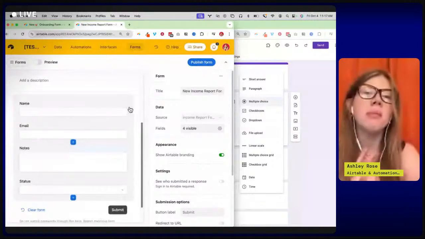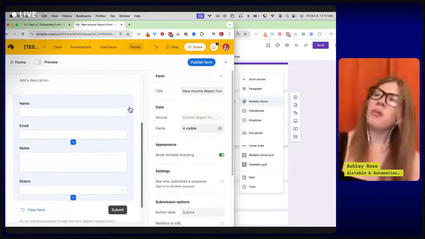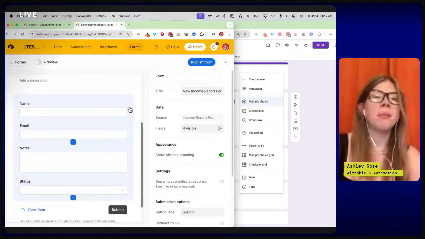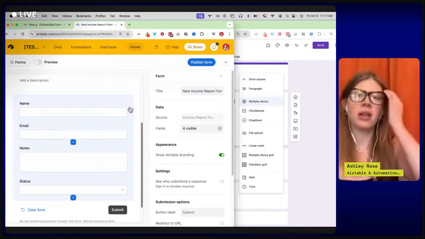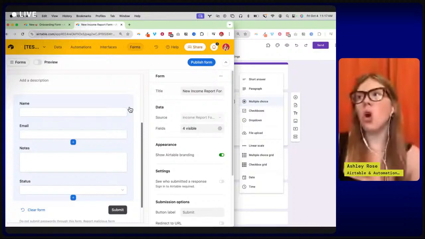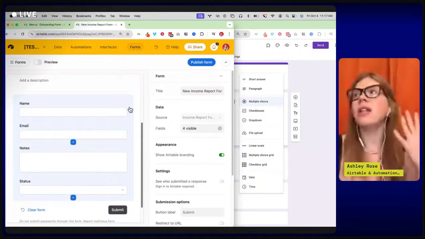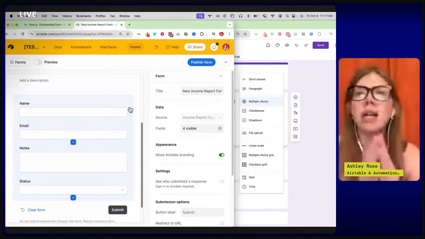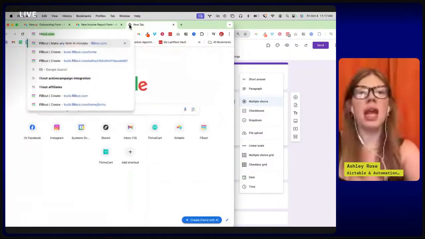A lot of the times people are in Typeform for aesthetics. So they're like, Google Forms are ugly as hell. Airtable Forms aren't that much better, but they're decent. I like the look of Airtable Forms more than I like the look of Google Forms. However, if you want a really beautiful, robust, powerful form builder that does the same type of stuff that we're doing with Airtable, instead of using Typeform, I would recommend using an app called Fillout.